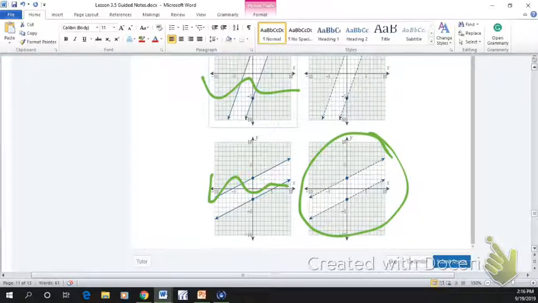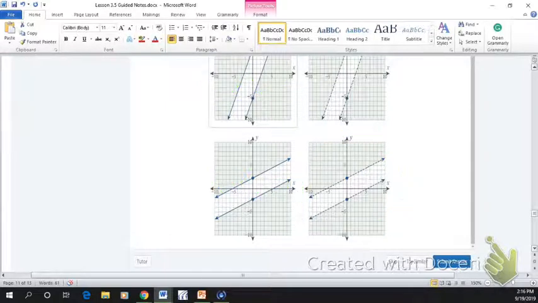Okay? Does that make sense? You don't even really need to worry about the shading because they're both the same way. All 4 graphs are on the outside of the lines. Okay, so next example is